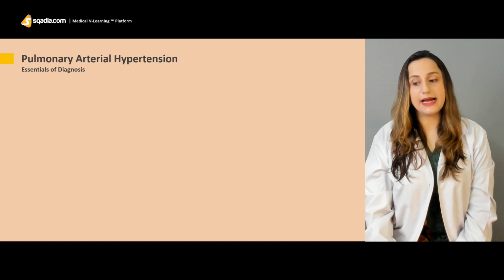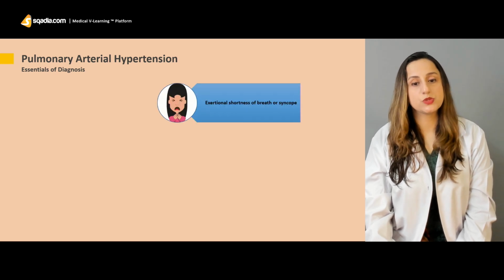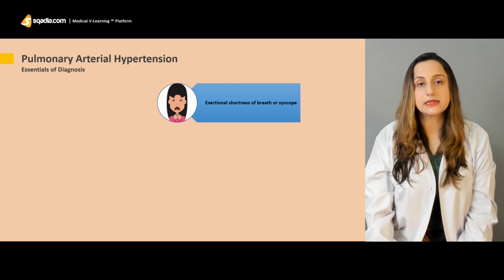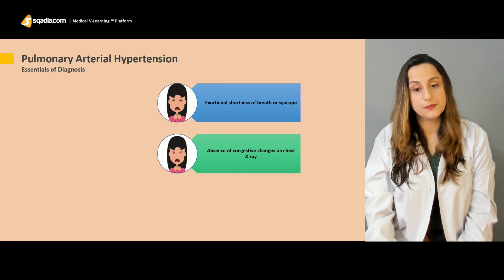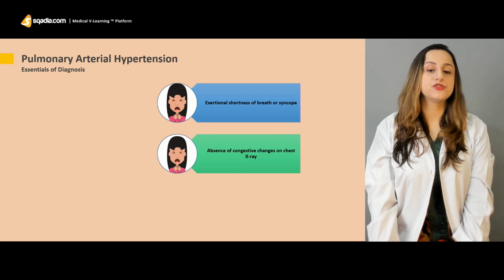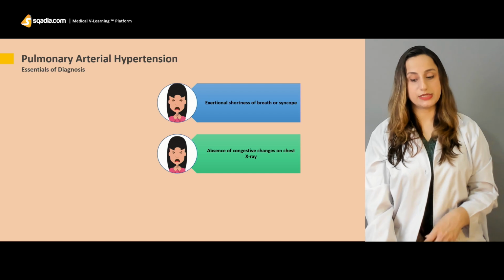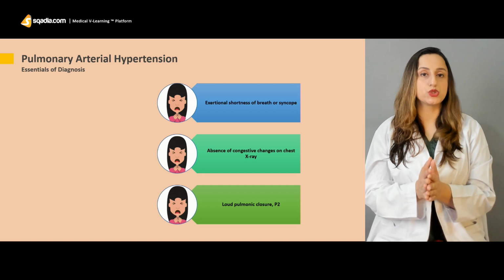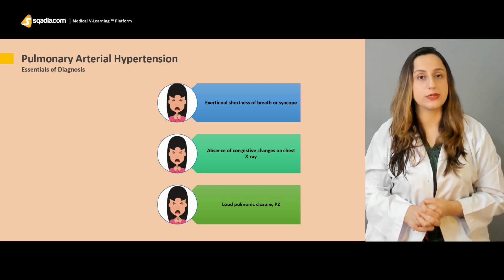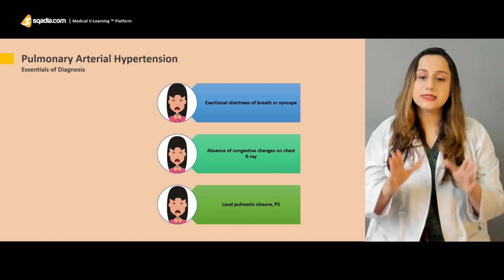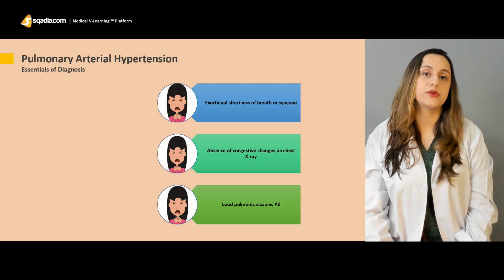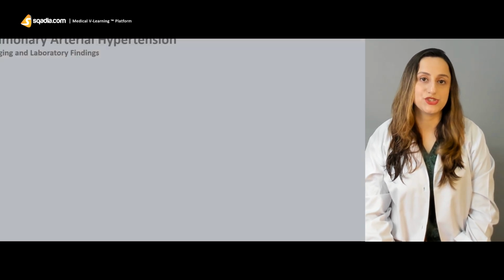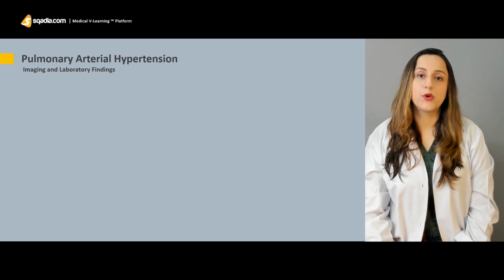The essentials for the diagnosis of pulmonary arterial hypertension would consist of exertional shortness of breath or syncope, that is the lowering of the blood pressure. The absence of congestive changes on the chest x-rays is also noted down in these patients. And then we have a loud pulmonic closure. P2 sound is audible on auscultation of the chest. So these are the three major diagnostic criteria that make it easier for us to diagnose the cases of pulmonary arterial hypertension. The imaging and laboratory findings would